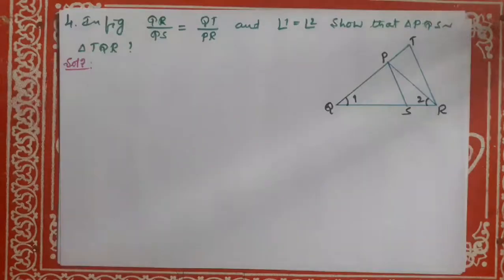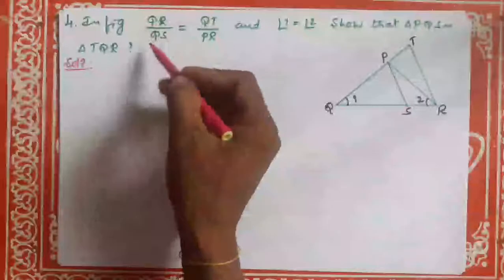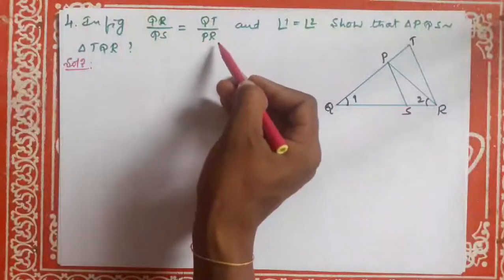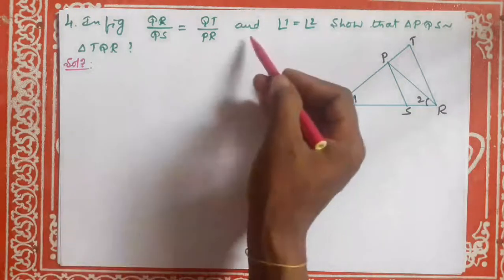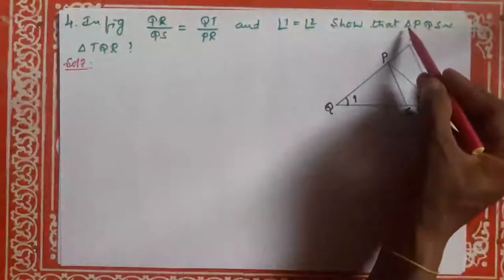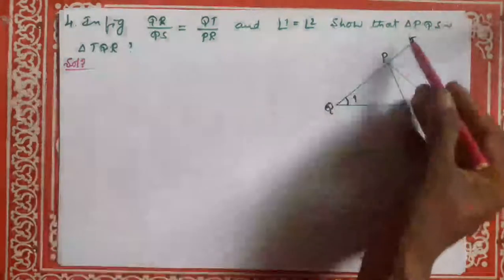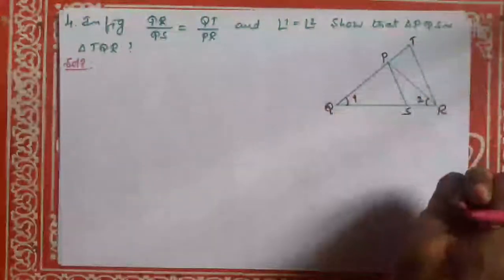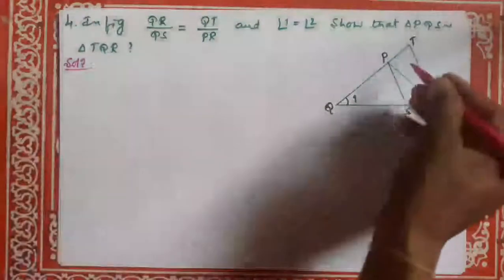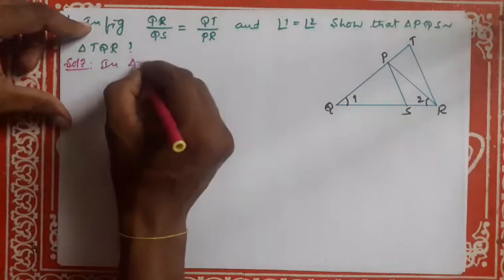Now let us discuss the fourth main. In the given figure, QR by QS is equal to QT by PR, and angle 1 is equal to angle 2. Show that triangle PQS is similar to triangle TQR. We need to prove that. Solution as given. In triangle PQR,